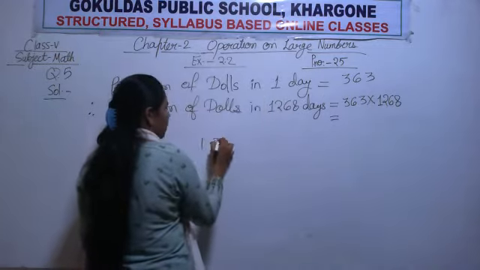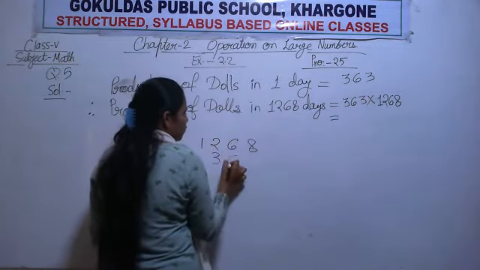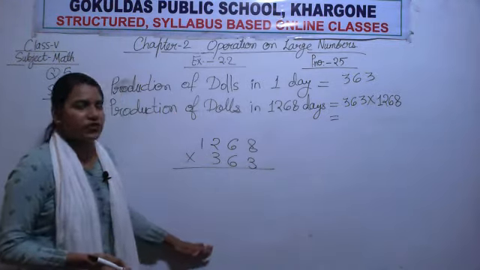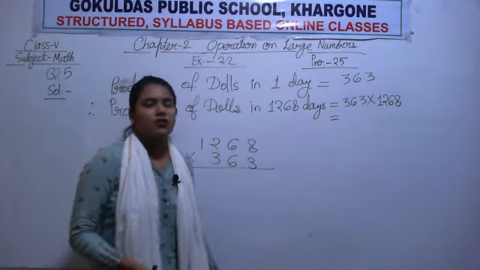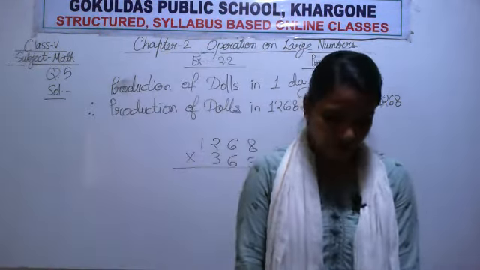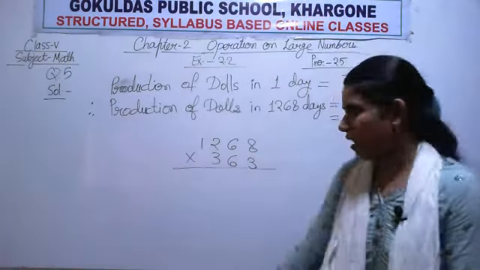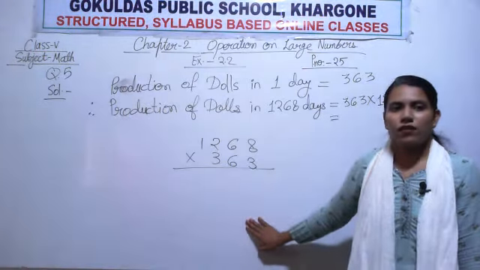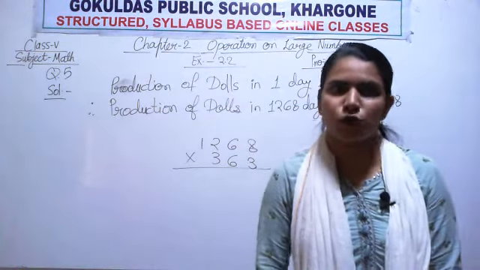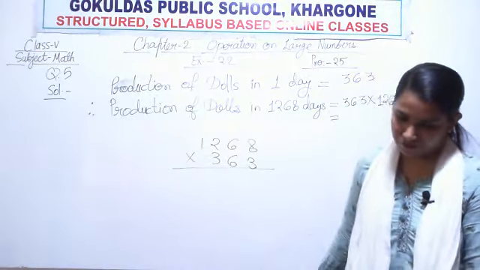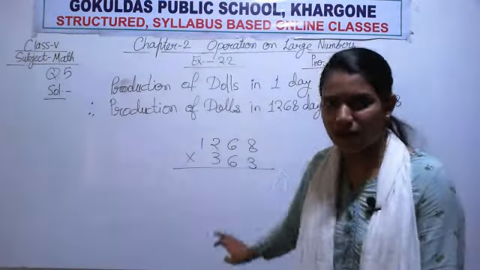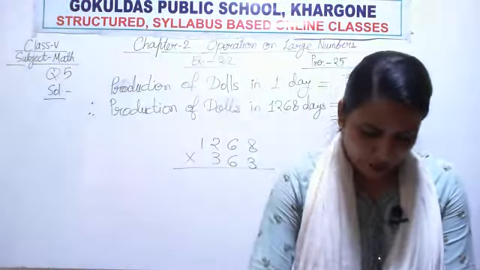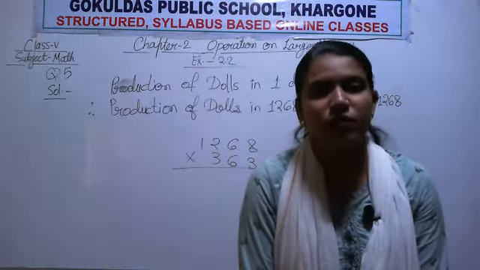How will you get the answer? You have to arrange both the numbers column-wise. So I have arranged the numbers column-wise. Now when you do the multiplication, you will get the final answer. So this is how we do word problems based on this. I am leaving this part for you. You have to solve this part, okay? I will provide you the PDF also, through which you have to write these word problems I have explained here. I hope you got how to solve the multiplication word problems.